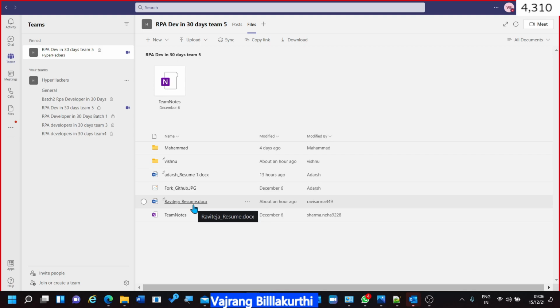We cannot do resume correction and resume review every time, because it will kill most of the conceptual time. So make sure you take it to your market, update it and send it. If you feel the resume is okay, go ahead and upload it on Naukri and keep 30 days as your notice period. Everyone, keep 30 days as your notice period.